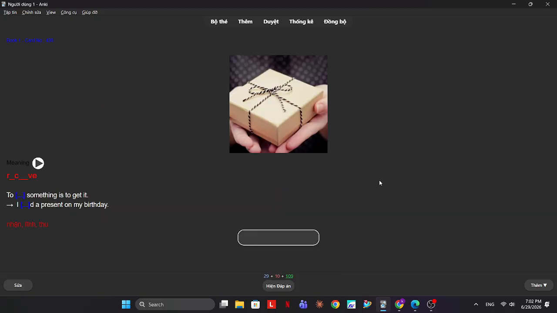To receive something is to get it. Receive.